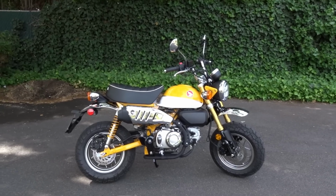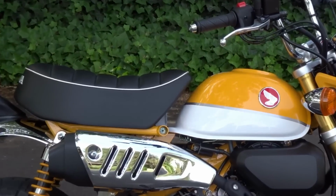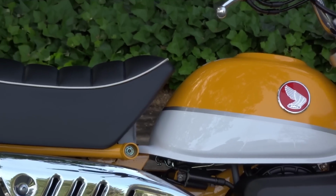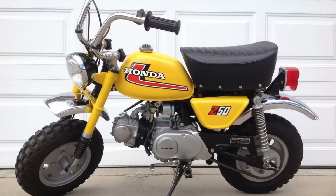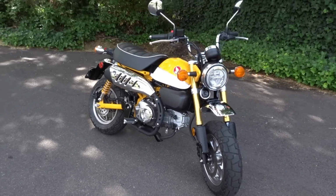And I know some people will complain about this gap between the tank and the seat, but I know they did that on purpose because the old little, I guess they're what I call Z50 monkey bikes, they had that gap there too. But other than a few things that I kind of wonder why they did, it's an absolutely amazing